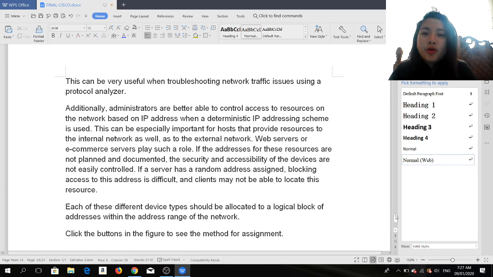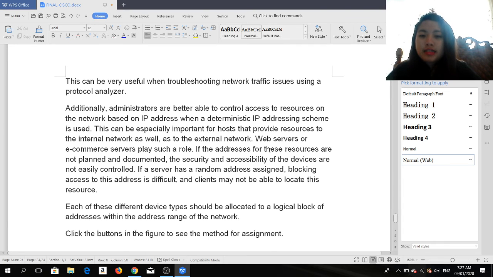Administrators are better able to control access to resources on the network based on IP address when a deterministic IP addressing scheme is used. This can be especially important for hosts that provide resources to the internal network as well as to the external network. Web servers or e-commerce servers play such a role.